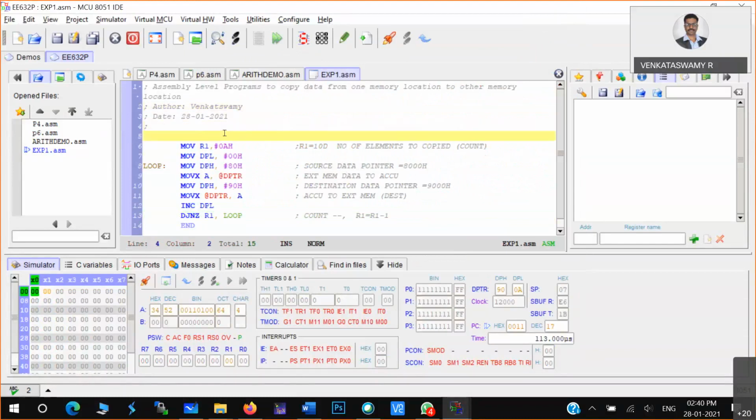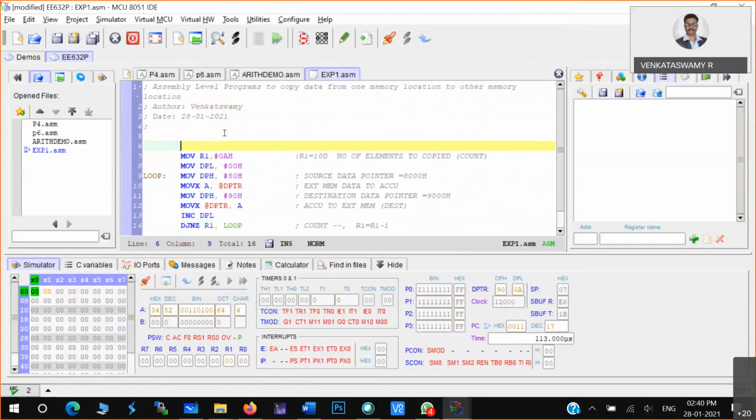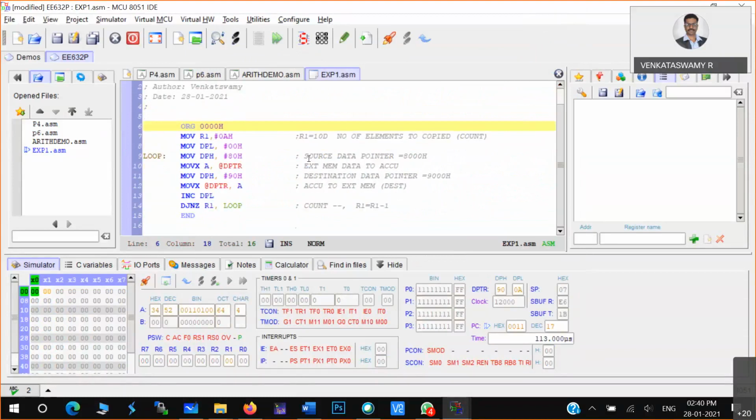Now here one more statement you have to remember. That is nothing but this. So what is this? ORG. ORG means origin, the origin of this particular program.